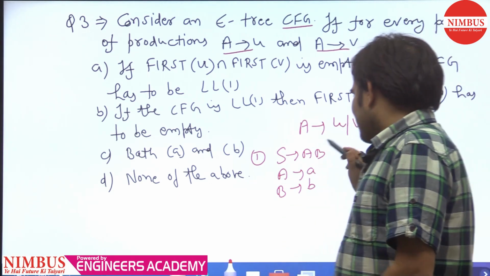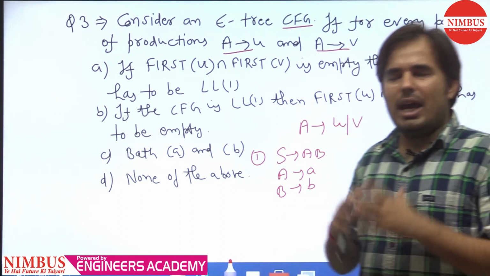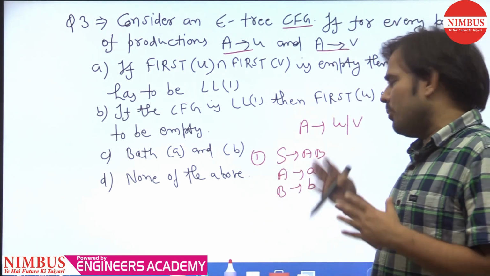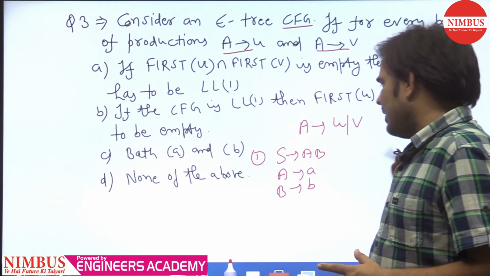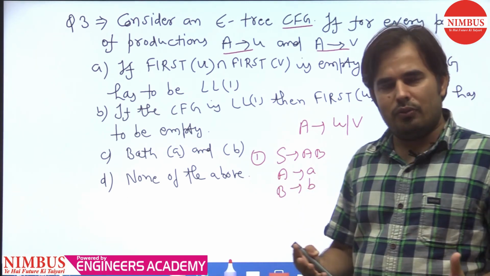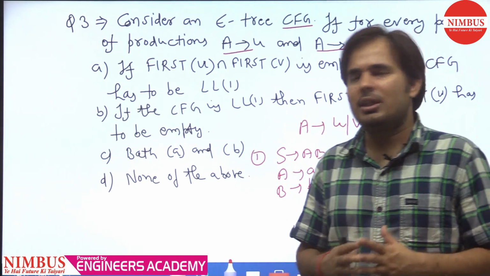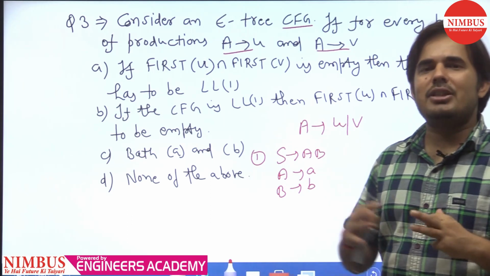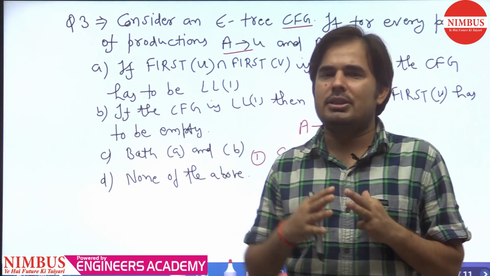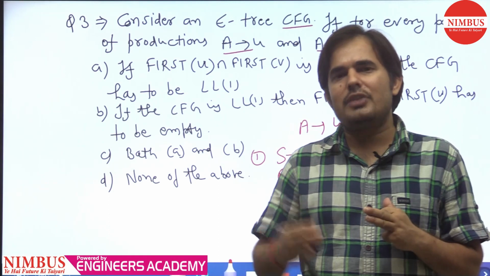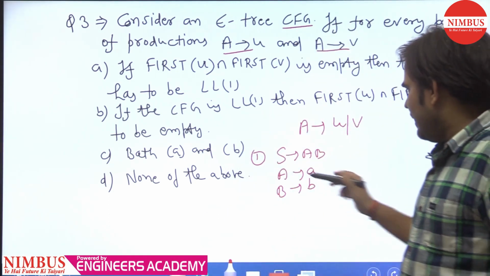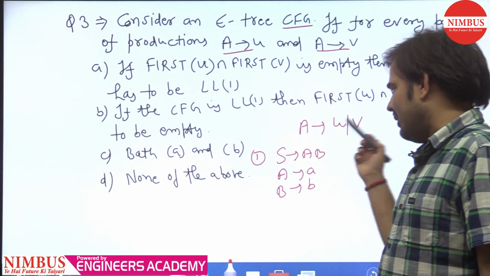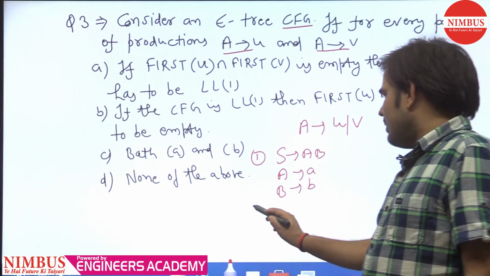Nothing is given with slash along with any production. Such types of productions are unit productions, where there is only one production. Here S tends to AB is only one production, nothing is present after the slash. A tends to A, only one production. B tends to B, only one production. That type of production is called a unit production. So when in the given CFG all the productions are unit productions, then the grammar is always LL1. This is the first rule.